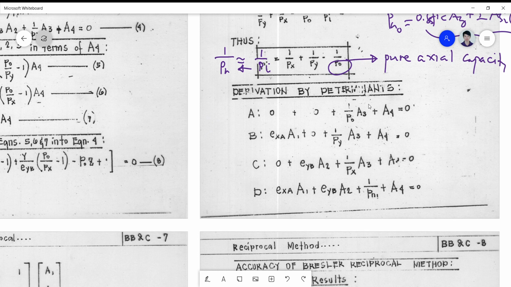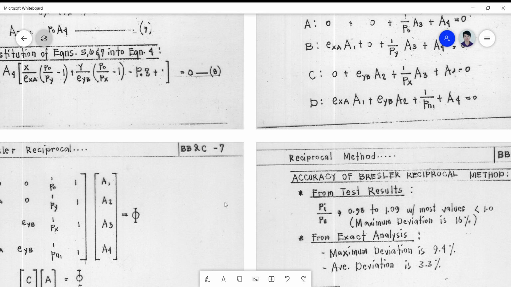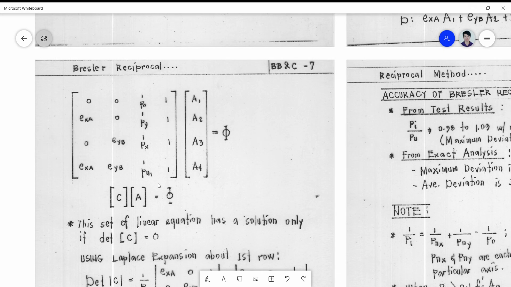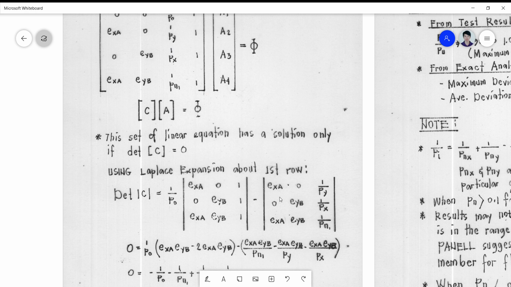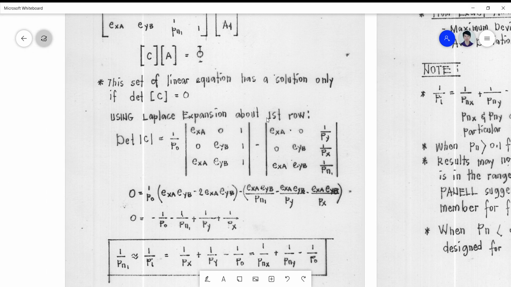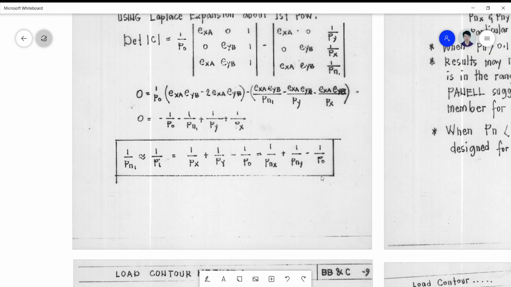Okay, so another derivation is by determinants, but I will not discuss it to you. Simply an exercise. So you can solve simultaneous equations using determinants, and here it uses a Laplace solution or expansion of determinant. So this is a 4 by 4 determinant. You can reduce it to a 3 by 3 because 3 by 3 can actually be dealt with by simply doing the diagonal multiplication, and eventually you will come up with the same formula here as that derived above.